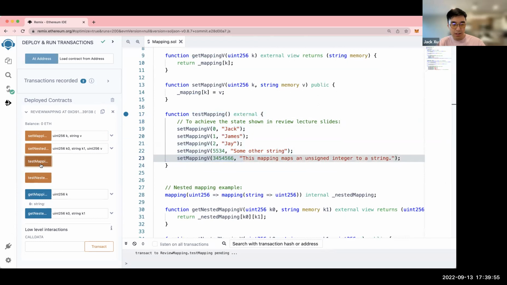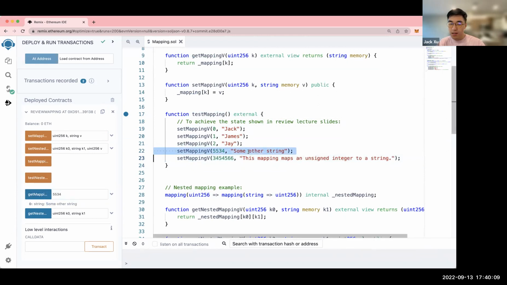Let's click on it, test mapping. Okay, it's done that. Now if we look at 0 again, you see the return is Jack. If I do 1, it returns James. Do 5534, it returns some other string, just like how we have set everything here. And of course for the ones we haven't set, let's do 5000, then it's still empty.